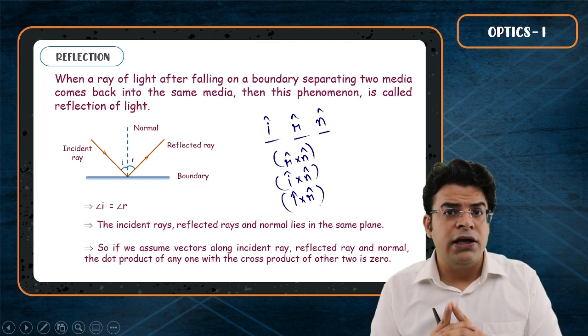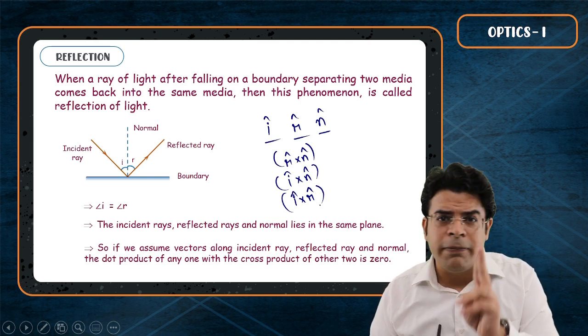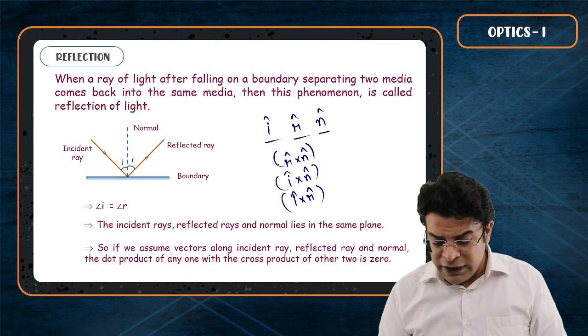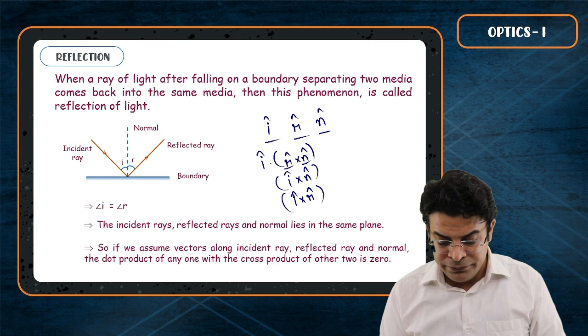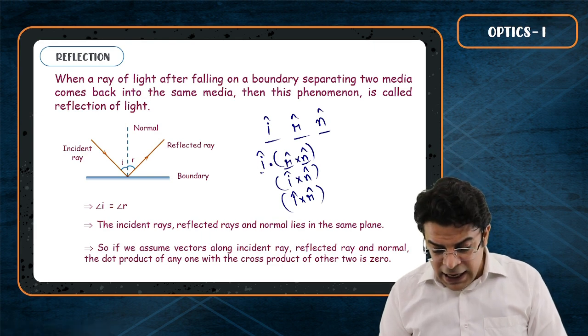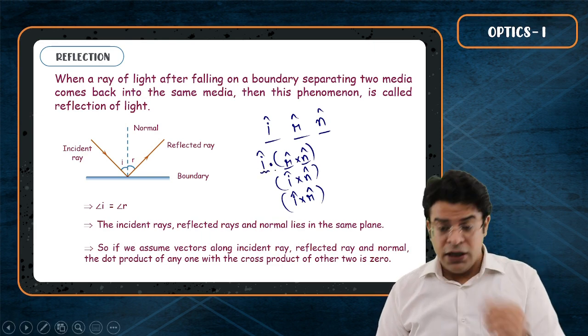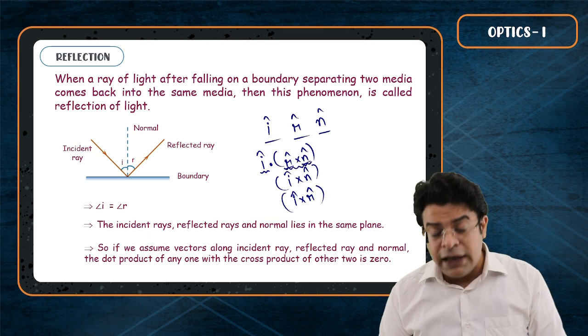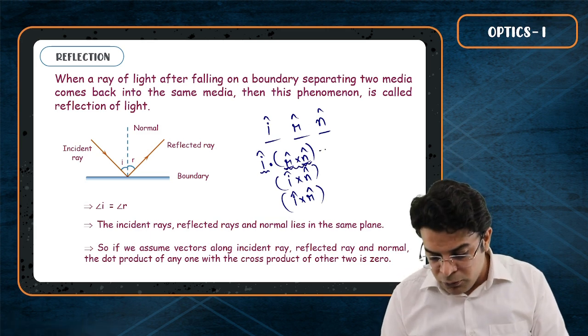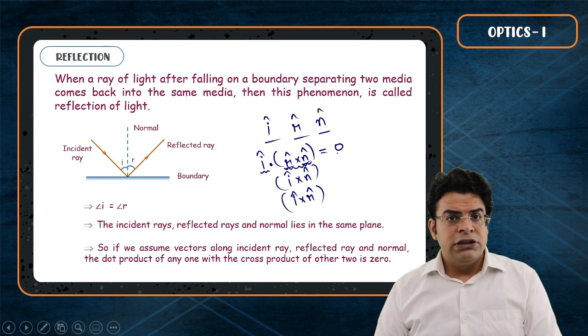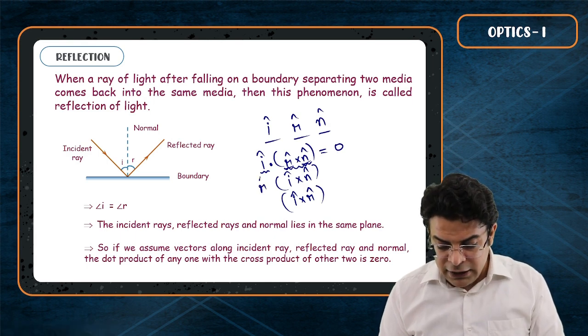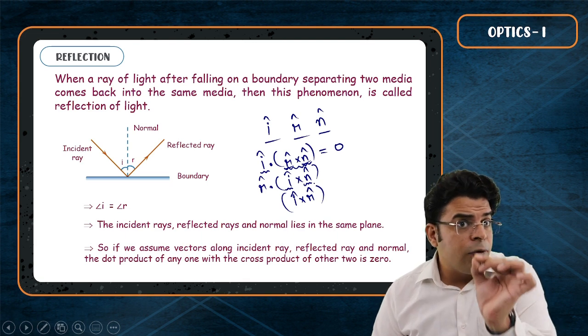And we know that the dot product of two perpendicular vectors is 0. So if I take the dot product of r cap cross n cap with, let's say, I cap, then since I cap lies in the plane and r cap cross n cap is perpendicular to the plane, their dot product has to be 0. Similarly, if I take r cap dot I cap cross n cap,